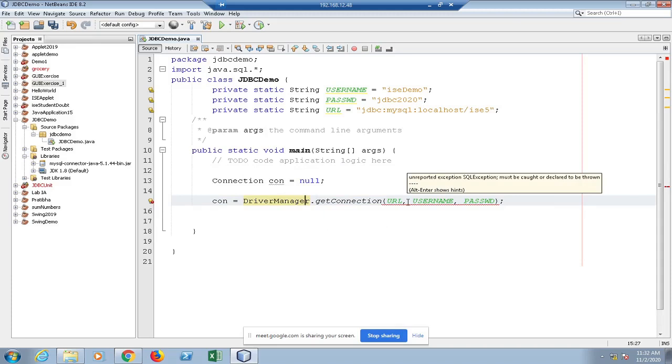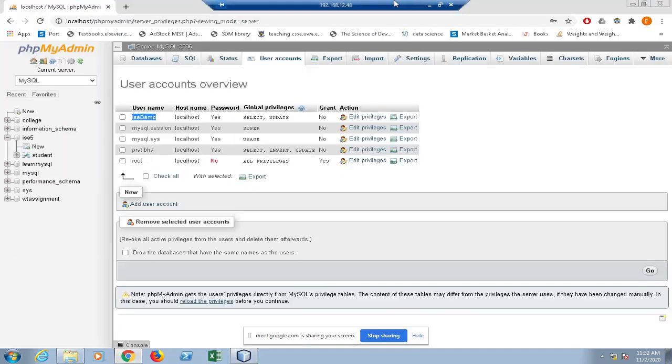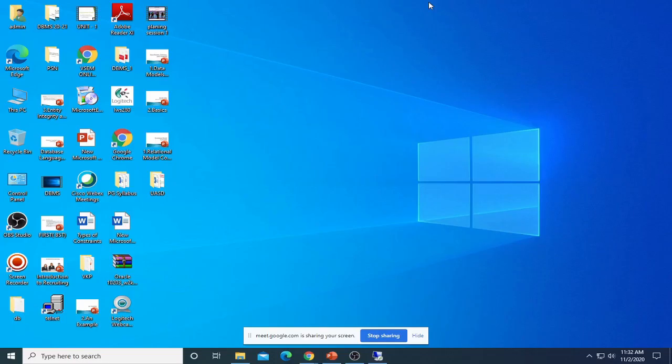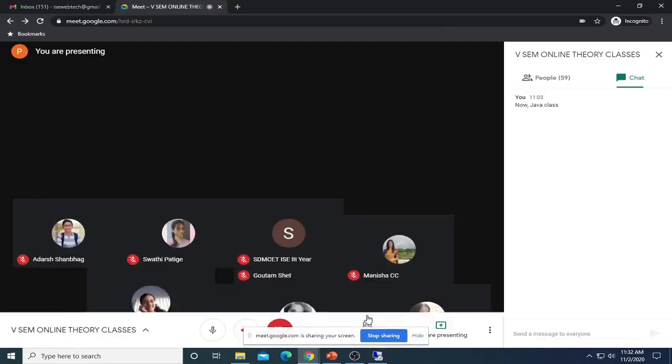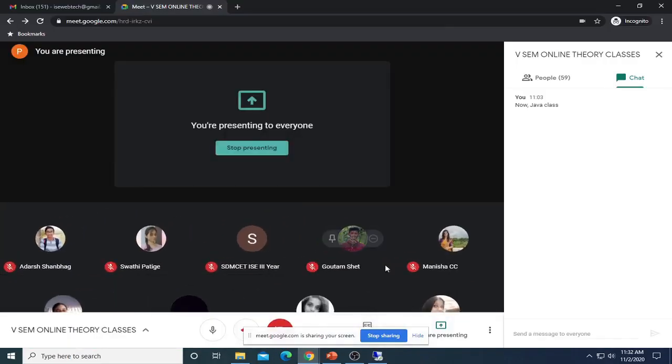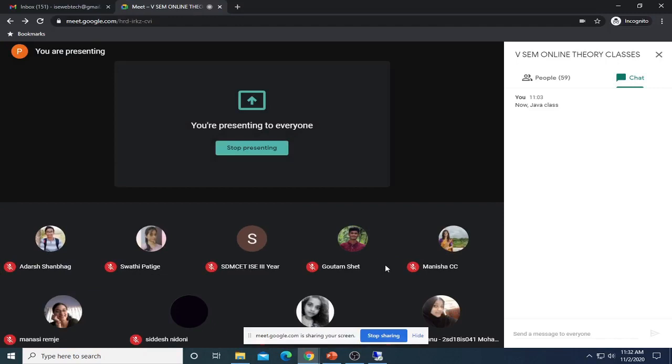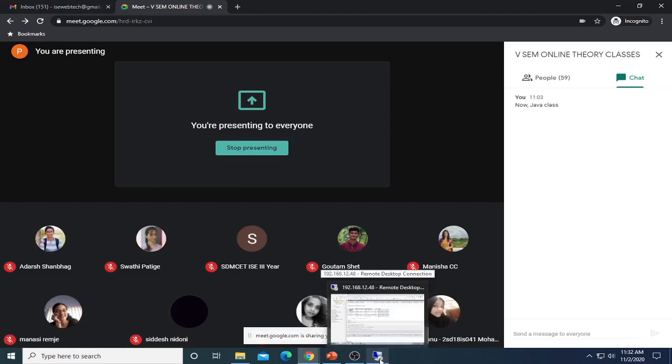Can anyone tell me what kind of category does this belong to, this exception? Is it runtime exception? This is not new concept. This is not related to JDBC.